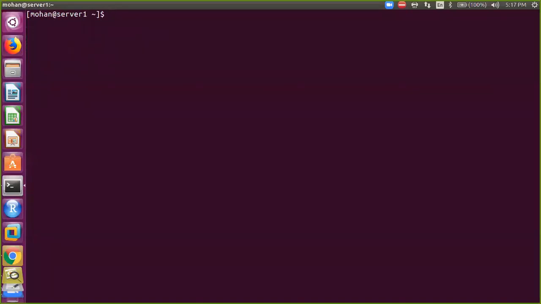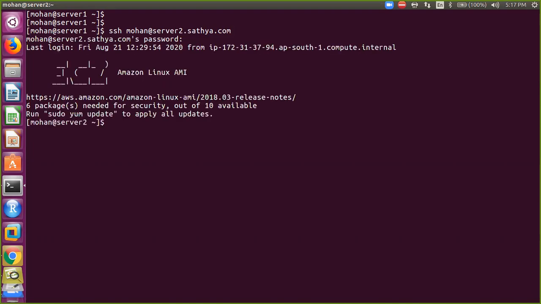Now, user Mohan is on which server? On server 1. Now if user Mohan wants to log into server 2, how could he log in? SSH. What is the username? Mohan. Yet he needs to log into satya.com. Yes, he can log in by using the hostname. Why? I think in the previous class we set up host name based authentication, right? Now, sir, it is asking for a password. If you enter the password of user Mohan on server 2, then only you can be logged into server 2. Otherwise, you cannot log into server 2, right?